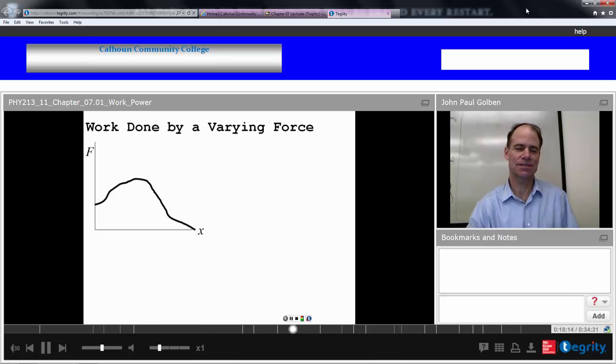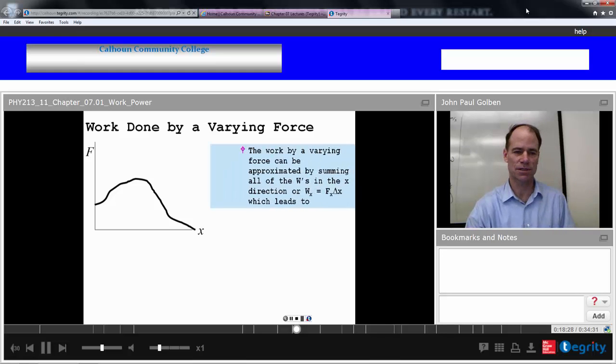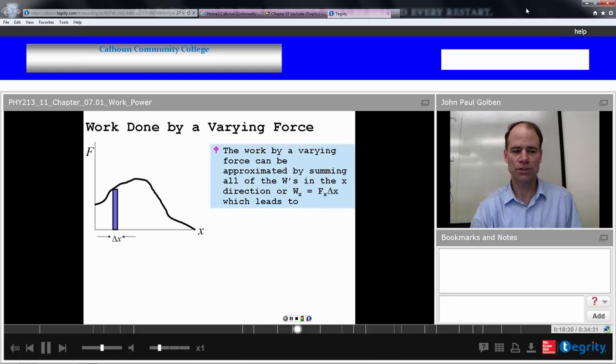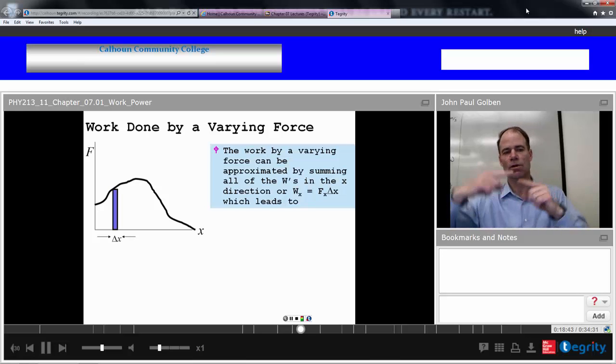Let's consider this if we had a varying force. Let's say you had a varying force as a function of x. So the force is not constant, it's changing all the while, and you want to calculate what is the work done by this varying force. Well, you might approach it as looking at every little interval of dx, delta x, a small interval delta x, and over that small interval you might think of a displacement delta x, and the force being almost constant over that little interval, so that the area of that rectangle over that little displacement delta x would be the work